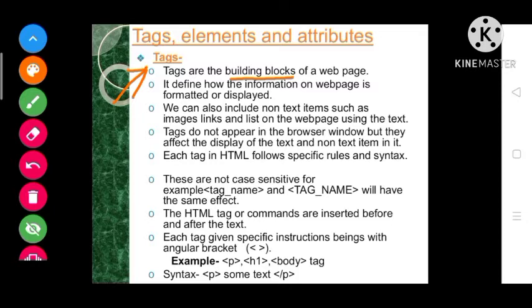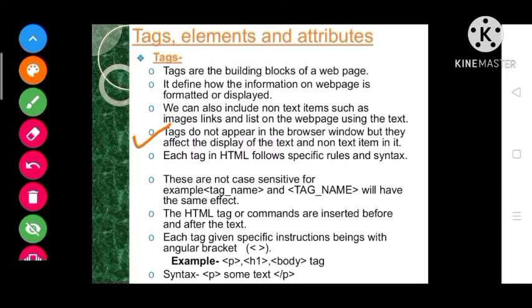It should give the instruction to the browser on how to display the output of the HTML code. And we can also include non-text items. Non-text items means items not related to text, such as images, graphics, audio, video. These things are non-text items, so we can insert them in our web page by using tags only. Now, tags do not appear themselves in the output.